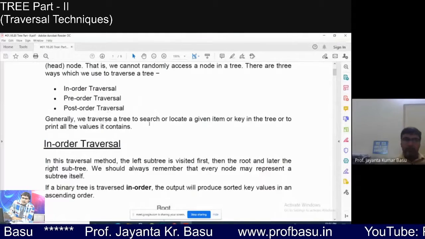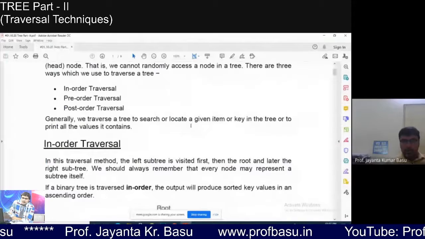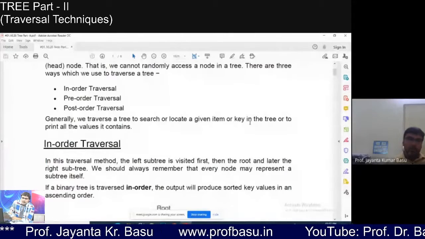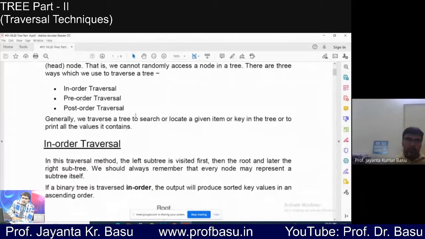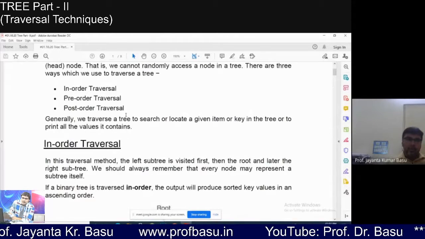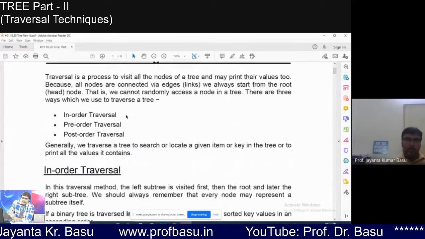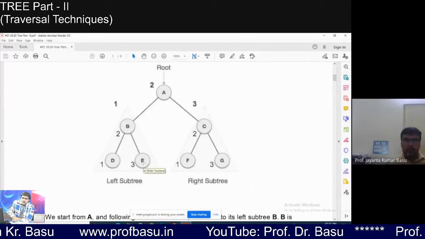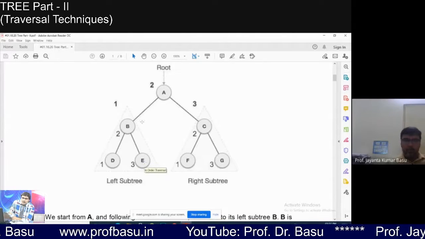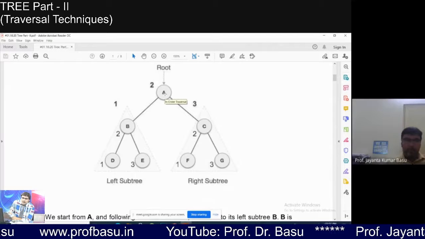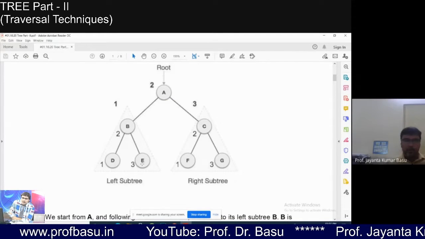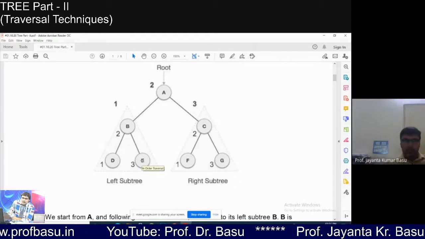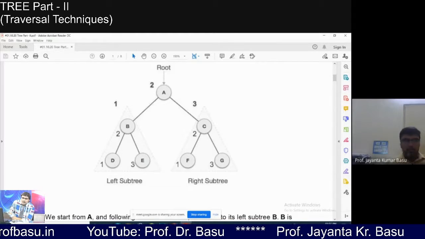Generally, we traverse a tree to search or locate a given item or key in the tree, or to print all the values it contains. If you are supposed to search a node from a tree, you have to traverse. Let's say you are searching the record of this node. You always start from the root, come up to this point, and search the content of this node. I told you that you can consider each and every node as a record.